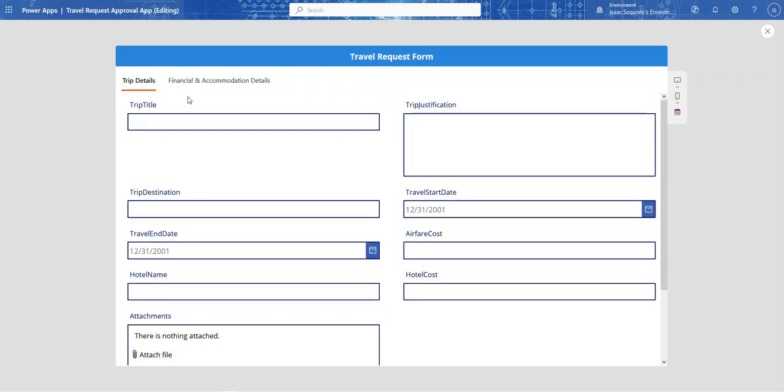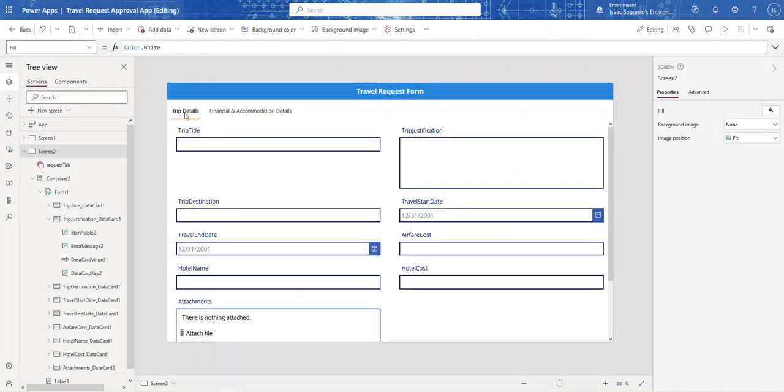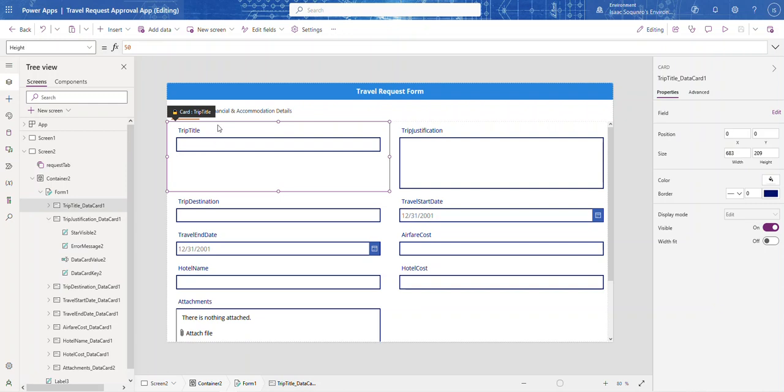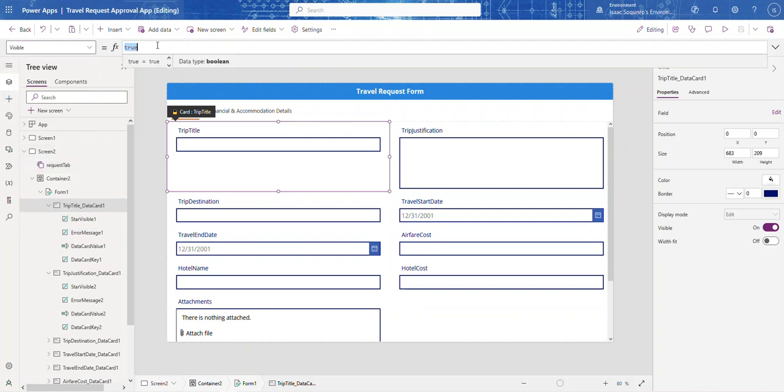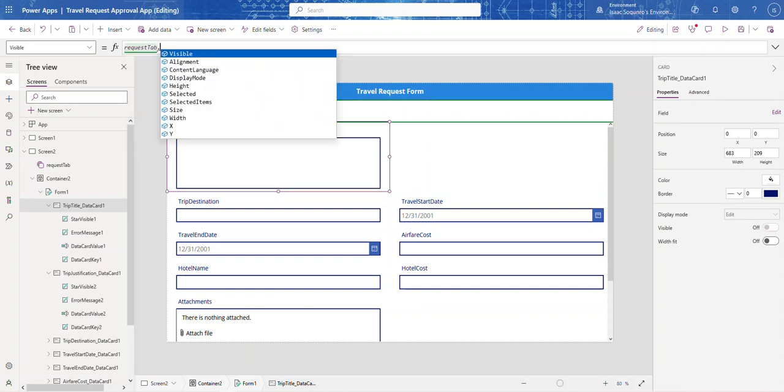So now what we want to do is associate the appropriate fields with each of these tabs. So let's go and take care of that. So let's click this. Don't show me this again. Okay, so what we're going to do is let's select the fields that we want, right? So once you've put your fields in the appropriate order, you select it. And then you're going to come over here to this visible property. And we're going to say, I think the name of our tab is request tab, right? Dot selected